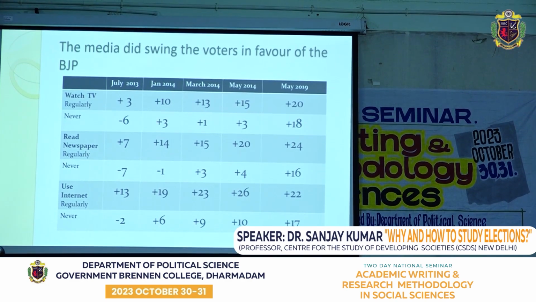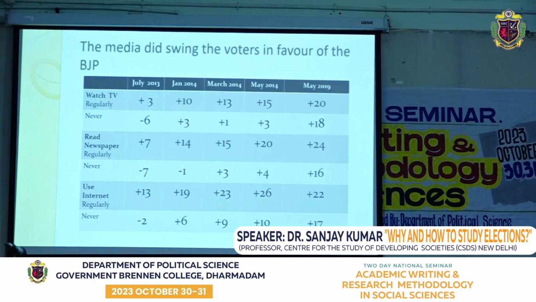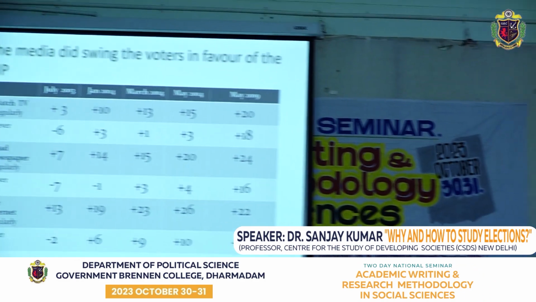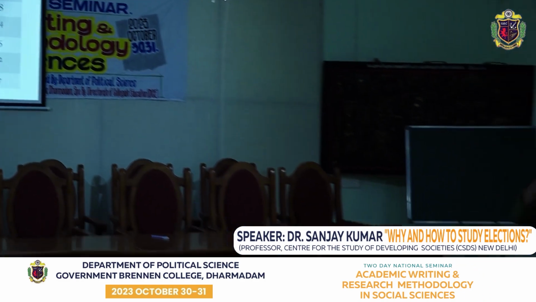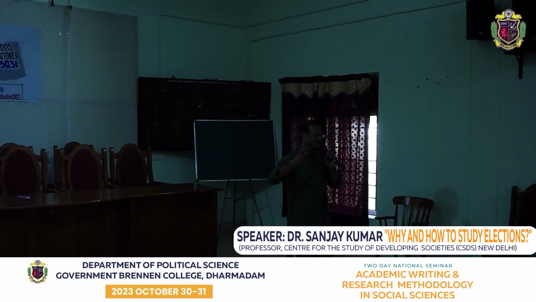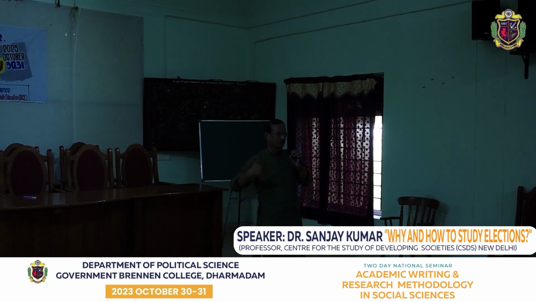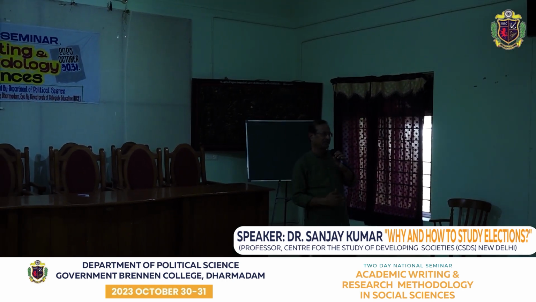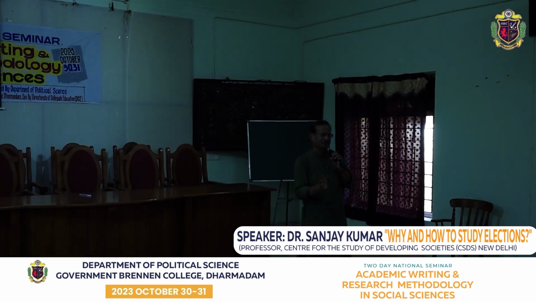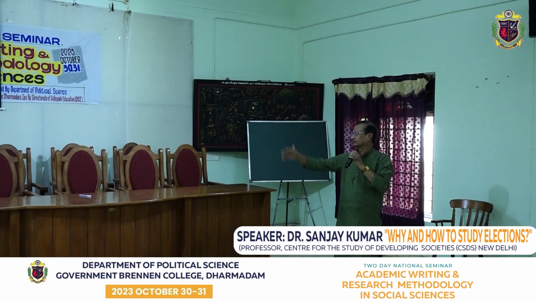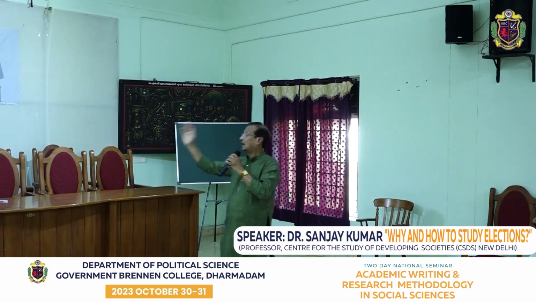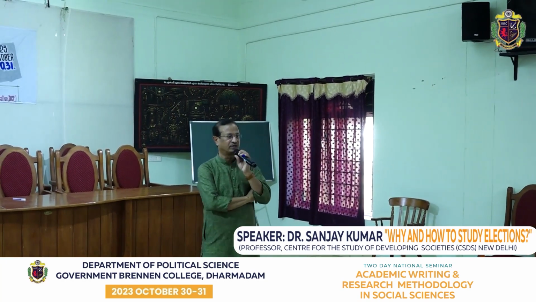Again, if you look at May 2014 and May 2019, the lead of BJP over the Congress is higher. That is to say, if you are more exposed to media, your political orientation is getting shaped more towards BJP, slightly less towards the Congress. And among the Congress, if you are less on social media, less on media exposure, then you may be slightly tilted towards Congress. So this is another example of how much media influences political behavior.